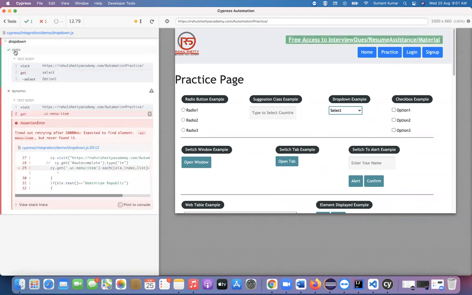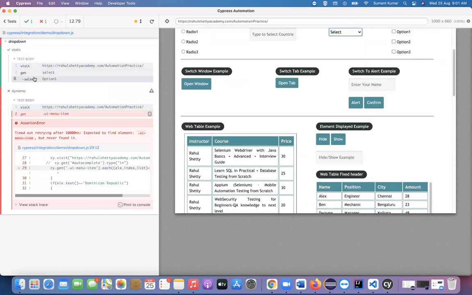Okay, so here you can see this static test passed, right?